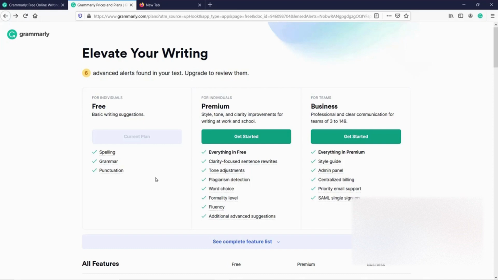I do 100% recommend Grammarly Premium for writers. So if you are a freelance writer, proofreader, or copy editor, you are probably making more money than a transcriptionist is. So you probably can spare an extra $15 a month or $12 a month to get the annual membership for Grammarly. And this will really help you to create excellent content. It will help you transform your writing so that it makes more sense, so that it's more fluid and natural,